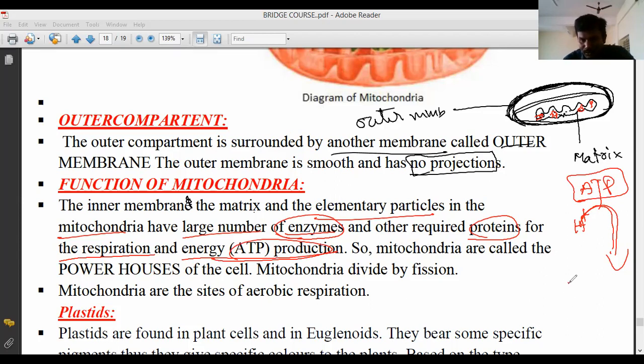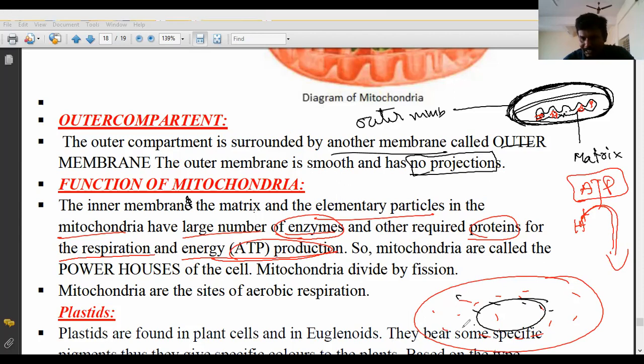This mitochondria is located inside the cell, in the cytoplasm. In the mitochondria, the proton concentration builds up and is transferred to the lower concentration. While protons move from higher concentration to lower concentration, energy is released in the form of ATP. So ATP is energy. That's why mitochondria are called the powerhouses of the cell.